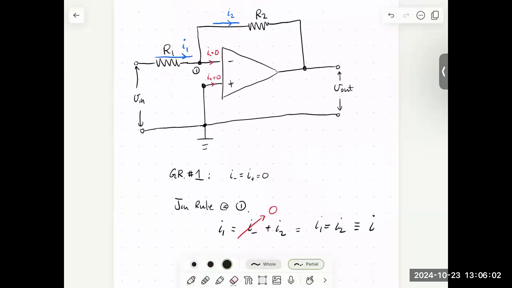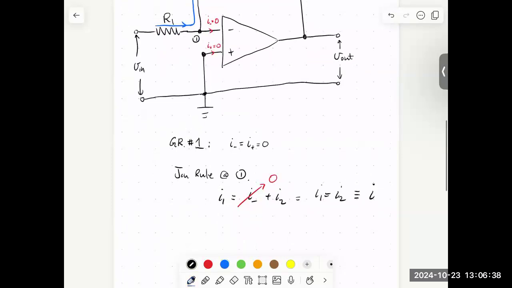We'll go back to our drawing here, get rid of our I1 and our I2, and just say that we have a current I that goes through both resistors R1 and R2. This simplifies the analysis a lot because I don't have to figure out the ratio of the currents in these two resistors. They have the same current, and that's going to make things pretty straightforward. Okay, so that's everything for golden rule number 1.